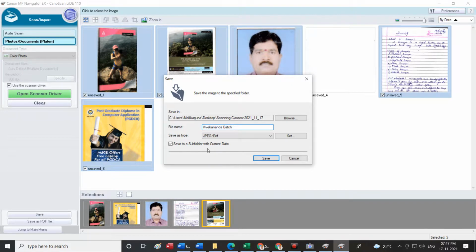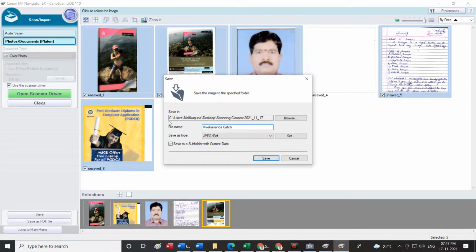This option is very important because whenever I am saving the information, I need to know when the scan was actually created. When I regularly keep scanning, if I have a customer, or in an office somebody comes and says, last week, I think on the 1st of this month, you scanned one document, I want the copies of all that, then how will you remember? The best way is to save with the date.